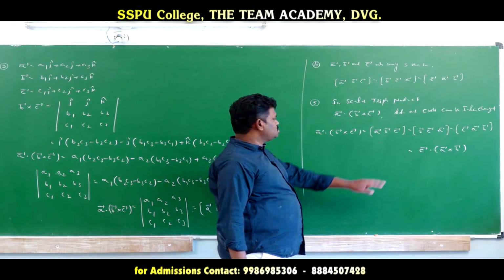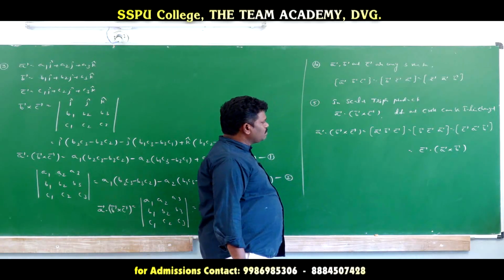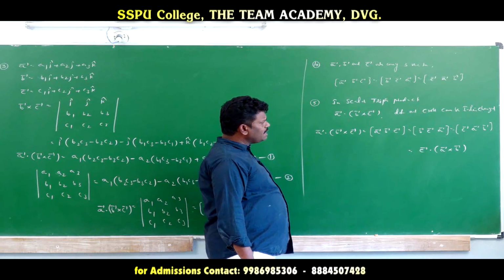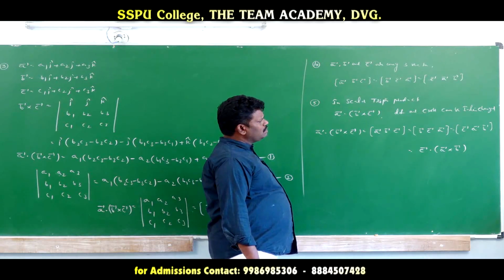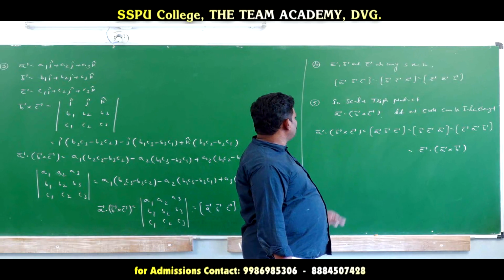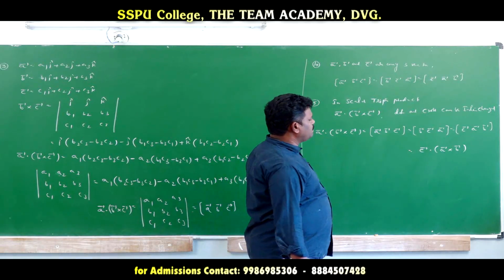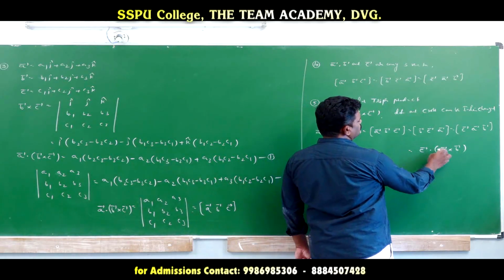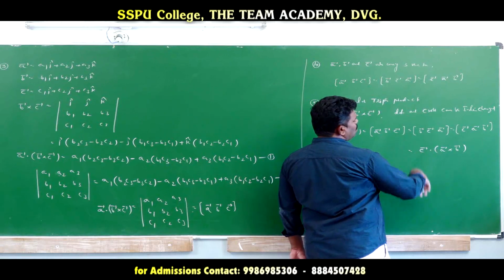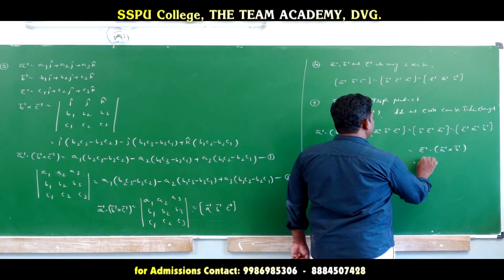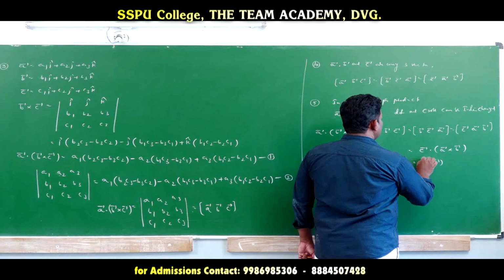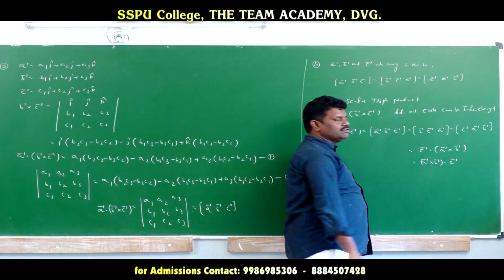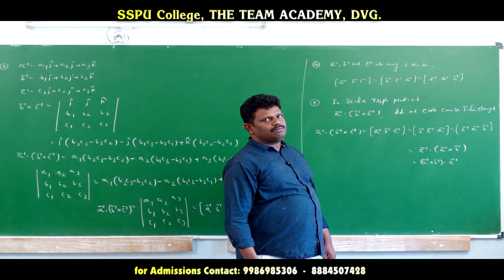Now you interchange these dot values. Again, what we get here is the value c bar dot a bar cross b bar. Now if you interchange this dot and cross, what we get is a bar cross b bar dot c bar. First we applied the commutative property of this one, a bar dot b bar, b bar dot a bar.